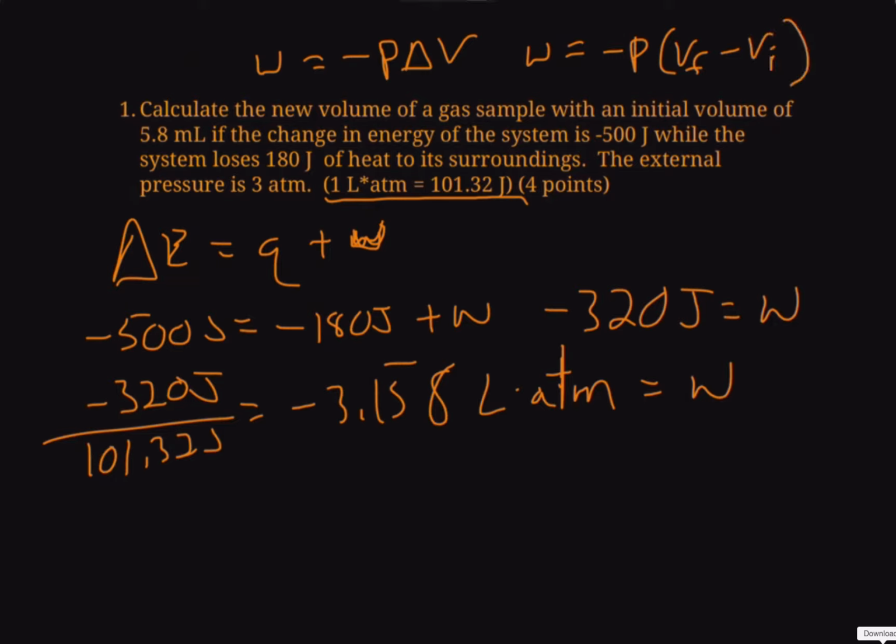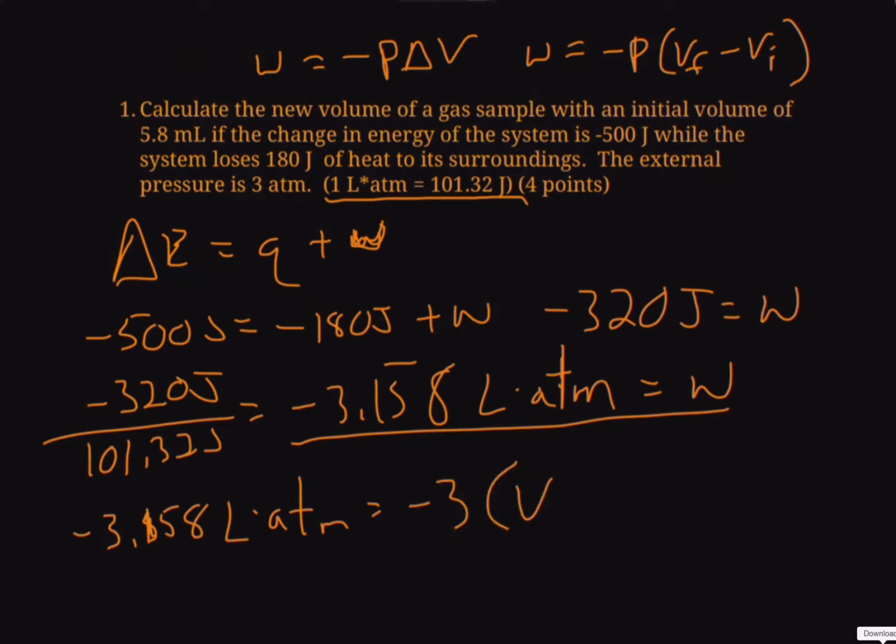We have the pressure, we have the initial volume, now we have the work in terms of liter atmospheres. So negative 3.158 liter atmospheres equals the negative of the pressure, which is 3 atmospheres, times the final volume minus the initial volume, which is given as 5.8 milliliters, or